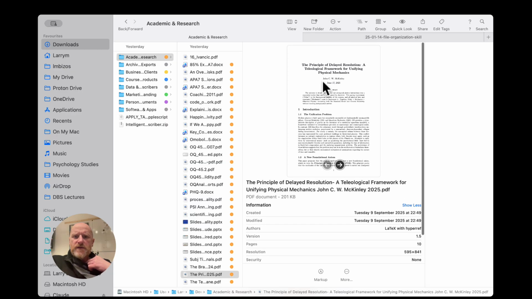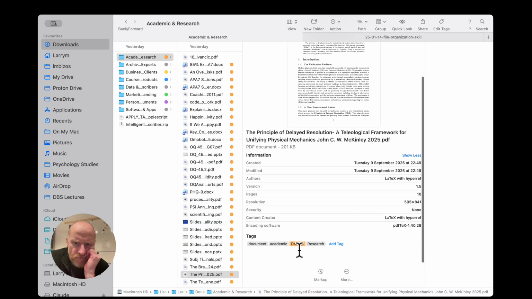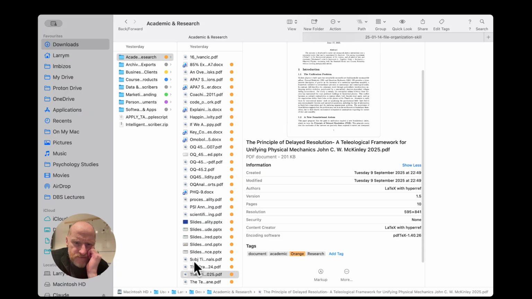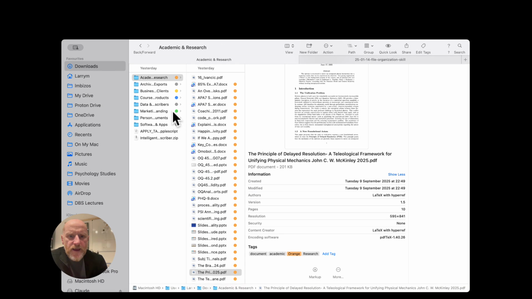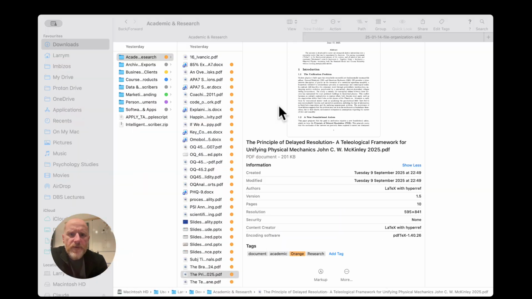For example, this is a document on unifying physical mechanics. So it's a science journal paper. So I'd expect more from the tagging system here. Nonetheless, a reasonable result. Something else I want to show you